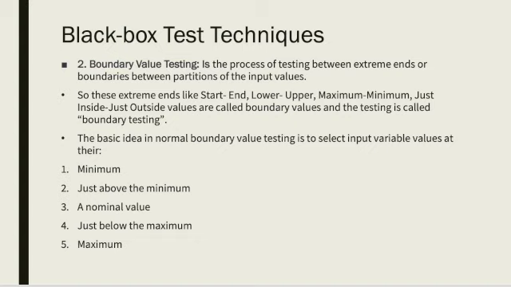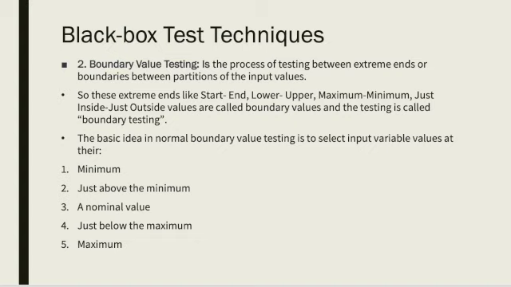So if you are talking about maximum here, we are talking about 10, but the value just below 10 is what? It is 9. So 9 is considered valid. Why? It is just below the maximum. Now the maximum is 10. 10 is also valid. So we are saying every value that falls between the minimum, just above the minimum, a nominal value, just below the maximum, and the maximum are considered valid when you are performing boundary value testing,